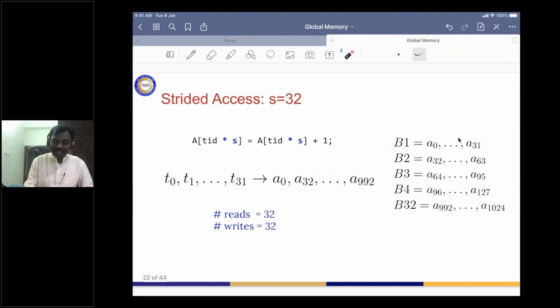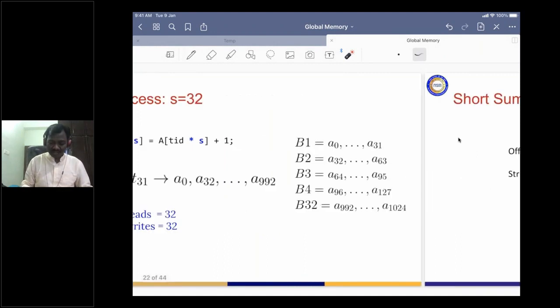When s is 32, we read from all the blocks. So as you increase the stride value, the number of memory transactions increases. All this we have understood in theory. Now we are going to discuss how to measure the actual running time of these kernels in all these cases.